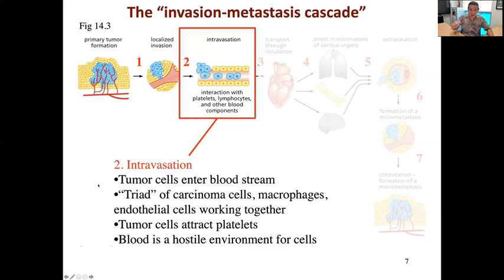That's the term given to when these tumor cells make their way into the blood. So in order for this to happen, you have the sort of perfect storm of different cells working together, being tricked or fooled into doing their normal functions that are normally supposed to be beneficial, helping us during wound healing, for example. But in this case, they end up actually supporting and helping the tumor cells.